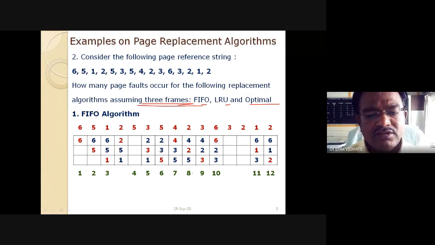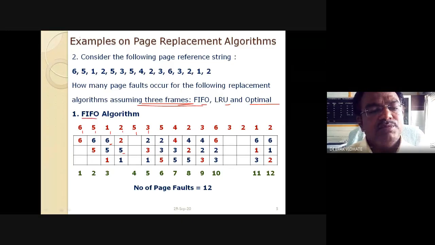So you will see here it is the same as the example we discussed earlier. A page fault occurs for 6, 5, and 1, and for 2 the page fault needs you to replace a page. You need to replace page number 6 instead of 2. Right? For 5 there is no question of page fault. For 3, yes, you are going to replace the page 5. FIFO means the page which is brought first inside the memory is to be replaced, or taken out from the memory.